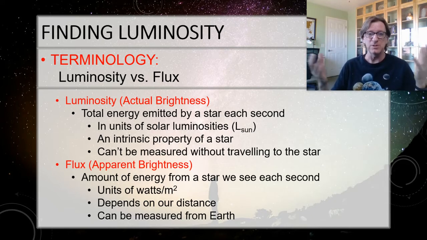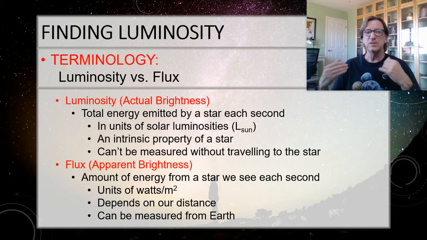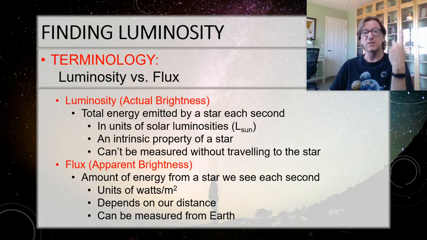Well, that's way too many numbers. It's hard for us as humans to wrap our brain around. So a lot of times we're going to compare this to solar luminosities. The sun is one solar luminosity. If I have a star that's twice as bright as the sun, it's putting out twice as much energy as the sun, that's 2 solar luminosities. Isn't that easier than using a whole lot of zeros and things?